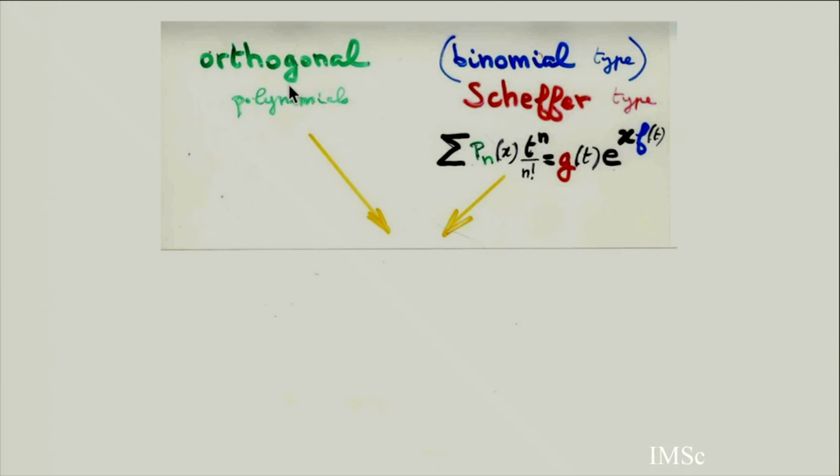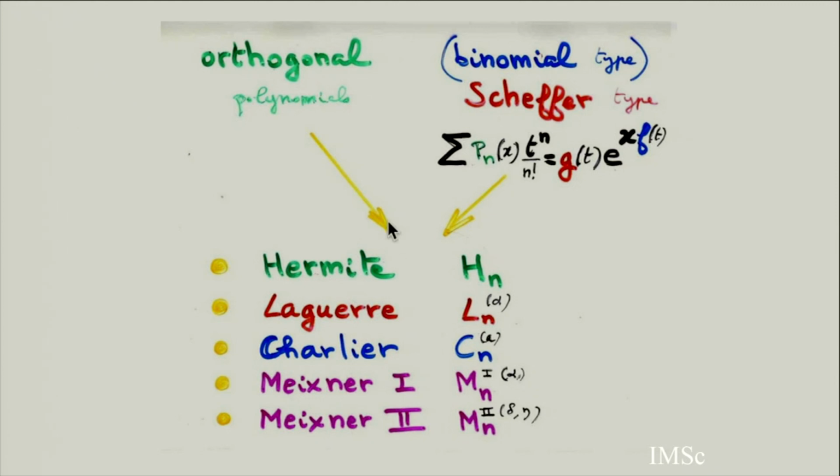But if you combine the Scheffer type polynomial and orthogonal polynomial, which are totally different models, then there is a classical theorem which tells you there are only 5 families of polynomials satisfying this. The Hermite, the Laguerre, the Charlier, the Meixner 2. So in the classification of the Askey tableau, this was at the lower level. Then there was a second level, Laguerre and Charlier, with moments n factorial and the Bell numbers.